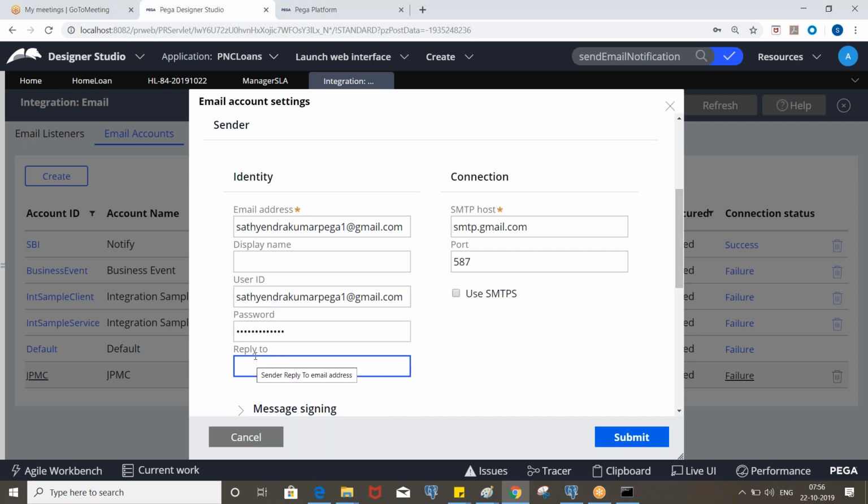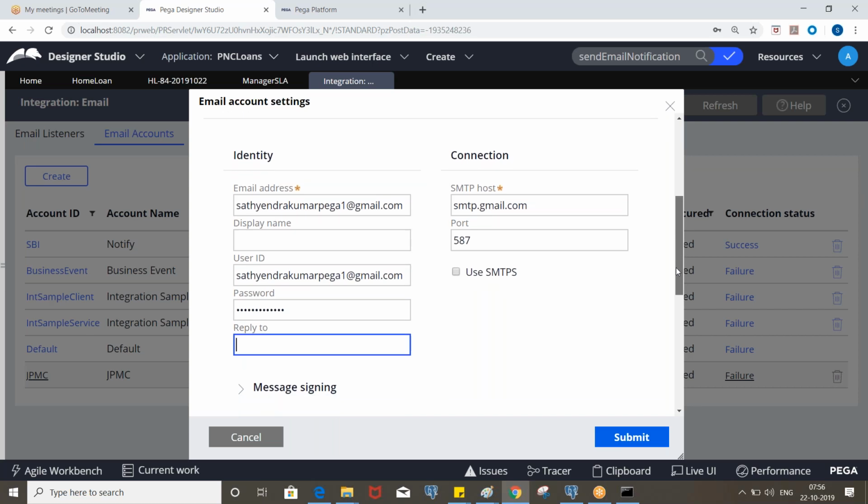Reply to, I think it will be the same. Let me check. Sender reply to email address. So we'll check that. I think it will be the same, or if you want, you can put a different one also.